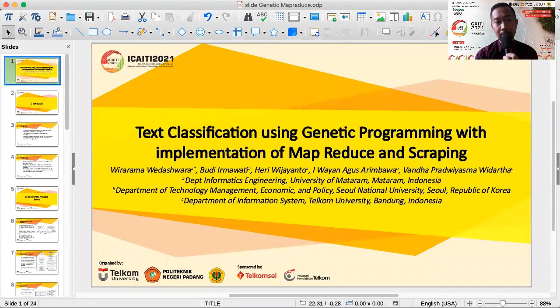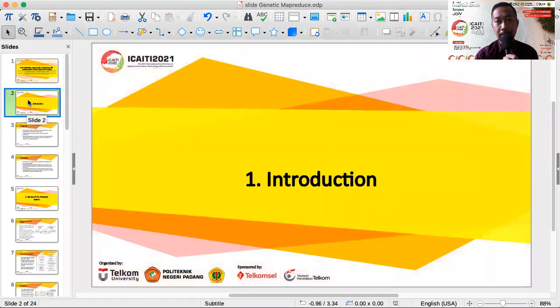Today, I would like to present our research titled Text Classification using Genetic Programming with Implementation of MapReduce and Scraping, which is a collaboration between University of Mataram, Seoul National University, and Telkom University. First part is